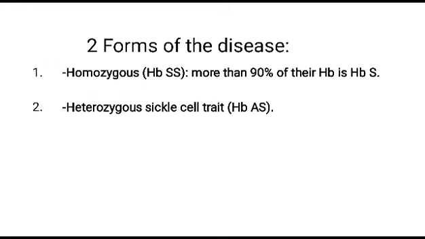So we have two forms of the disease. We have the homozygous state and the heterozygous state. For homozygous states, assuming the abnormal hemoglobin S is S,